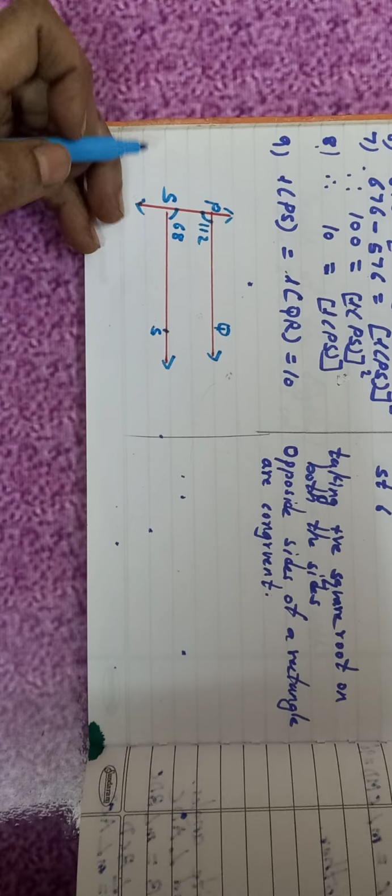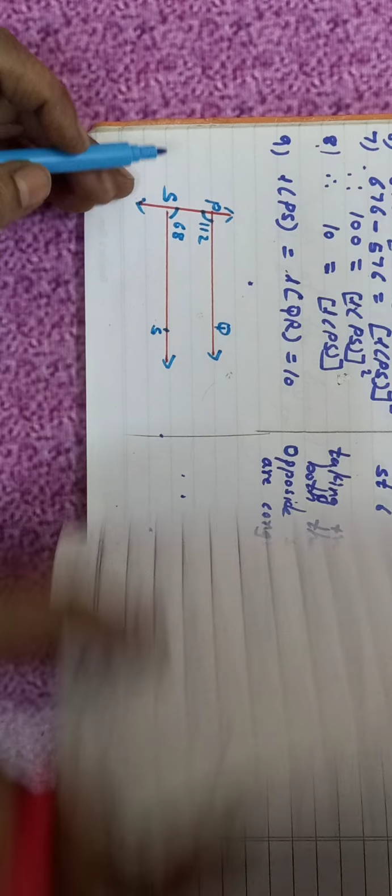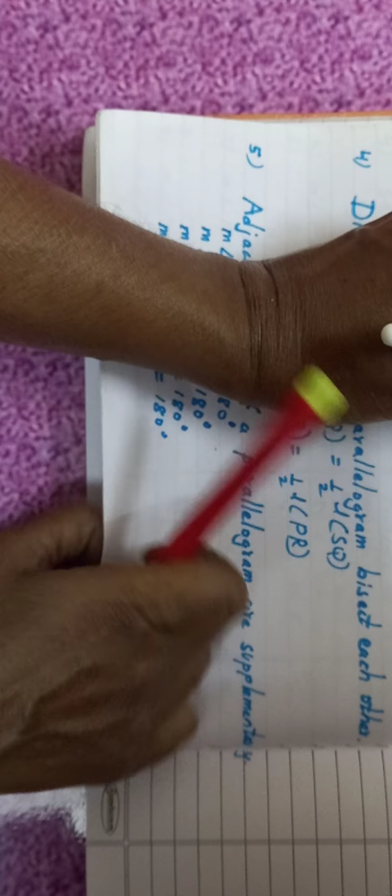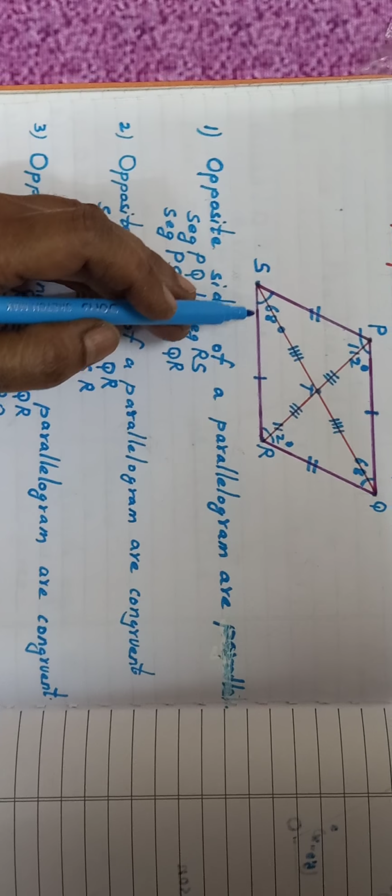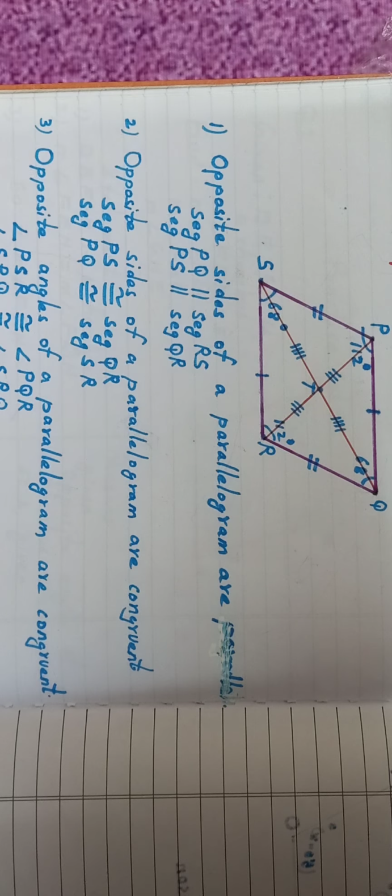See here, as I said, PQ and SR, they are opposite sides and they are parallel according to the properties. So